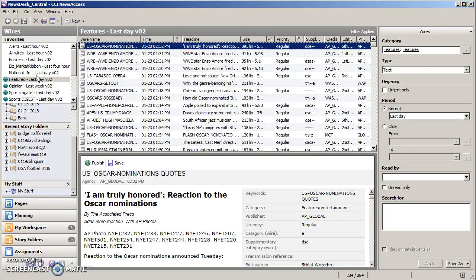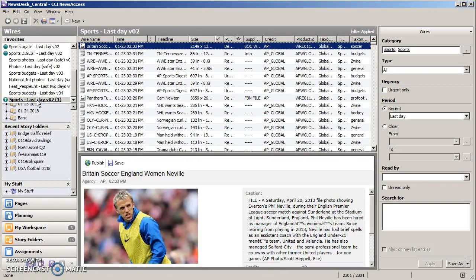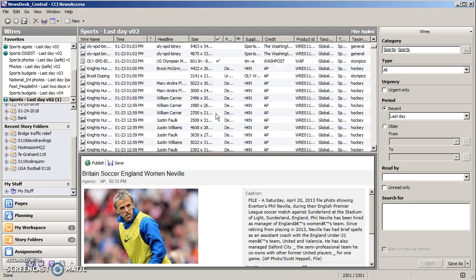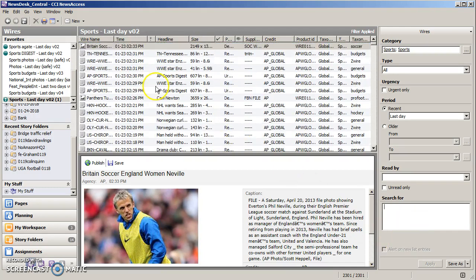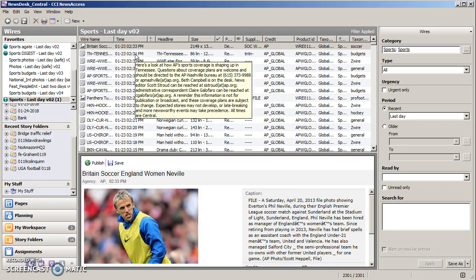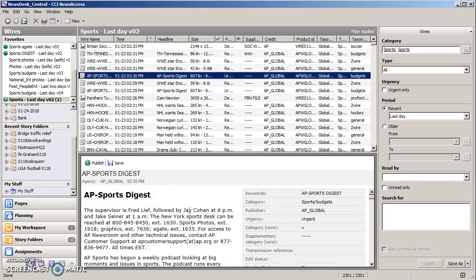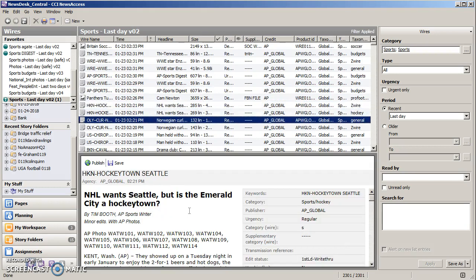So depending on what you're assigned on a given day, you'll start from that day's or from the appropriate shortcut. In this case, I'm going to look at sports from the last day. This particular shortcut has photos and stories all mixed in, and I can search through them using the field over here. I can filter them down using the look for function, or, as may often be the case if you are a wire editor, you can literally just click on them, read the top of them in the preview down at the bottom of the screen, and just scroll through them with the arrow key to kind of see what's available